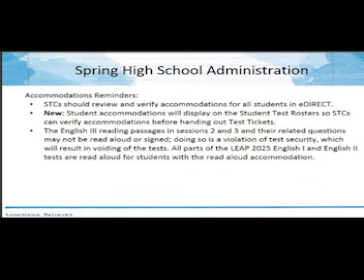Again, some of these slides are repeats about how to invalidate unlocked test tickets, about how to enter accommodations, about reviewing accommodations in the system. One thing, since we're talking about old tests, English 3 is an old test. We are phasing English 3 out, so we do have some students that still need to take it. But English 3 is based on